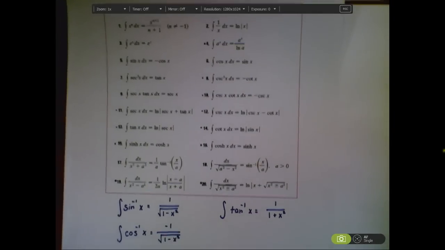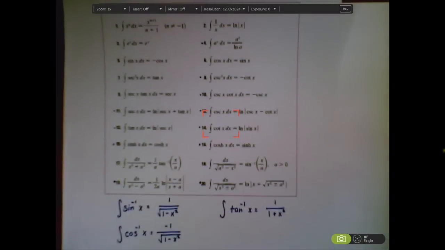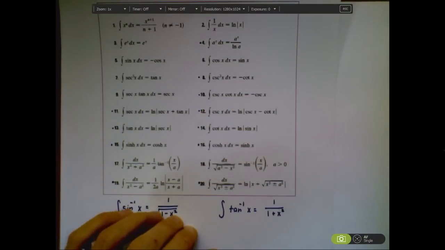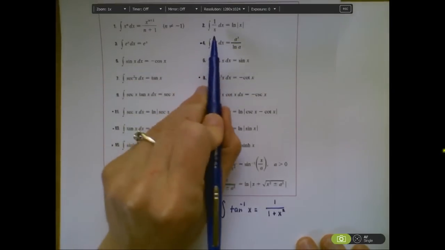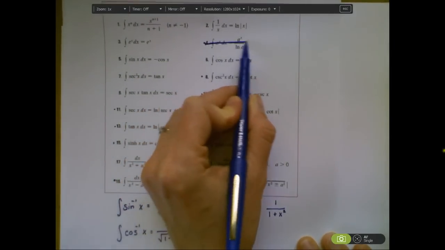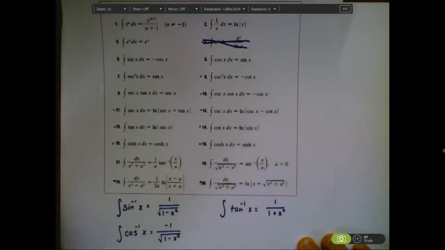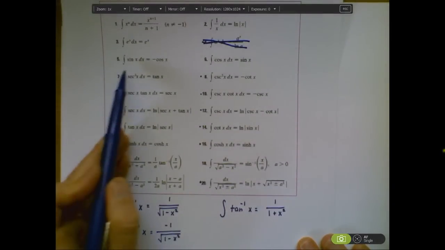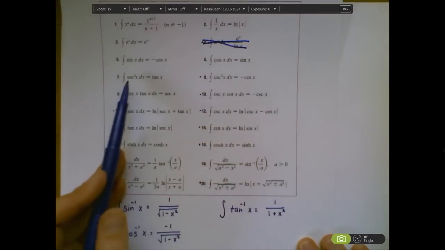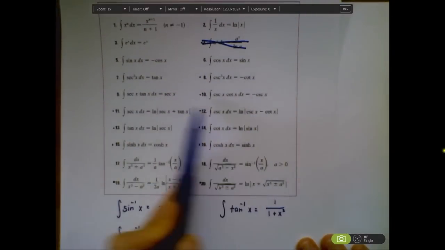Let's see if the focus is better. There we go, that looks better. Okay. The integral of 1 over x is natural log of x. This one right here is one that I don't think that you need to memorize. So I'm crossing it out. We already know the integral of sine, the integral of cosine, the integral of secant squared. These are all just our derivative facts